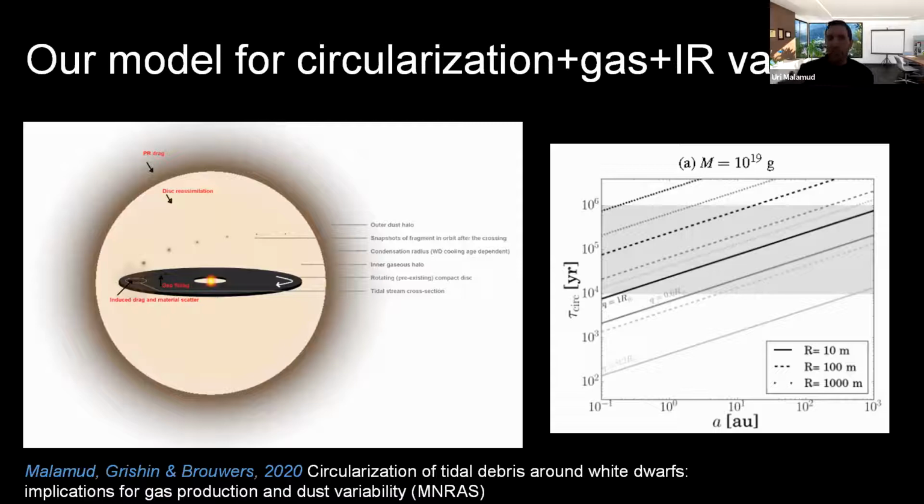So this explains why you see gas only in a fraction of these cases where you have a compact disk. What is the process of gas production here? It's just erosion of material? Yes, I will explain. There are a number of mechanisms that can produce the gas.